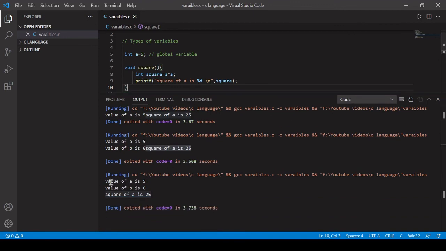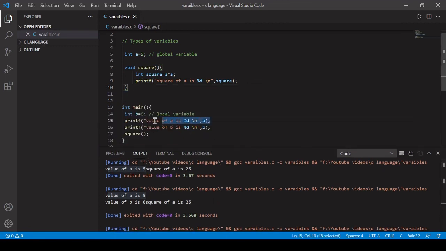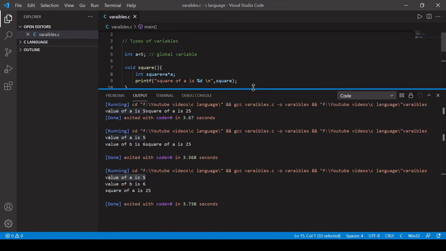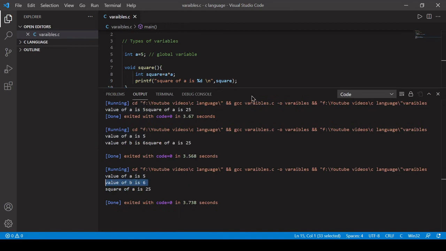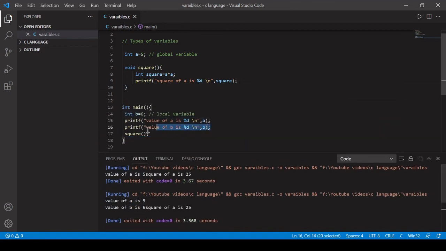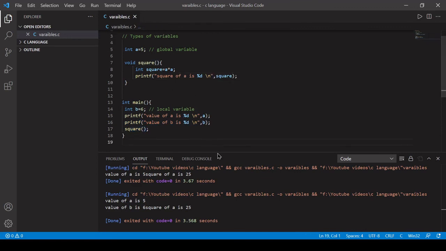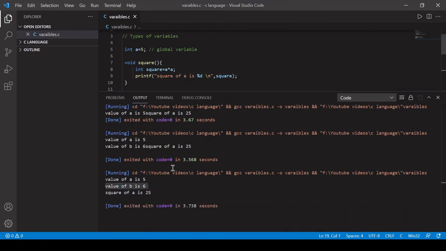Here you can see value of a is 5. Then we will see value of b is 6, which is printed from here, and when we call this function, the square is printed. You can see here the square of a is 25.